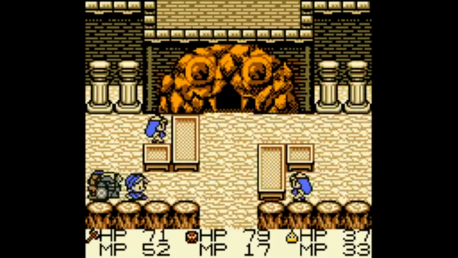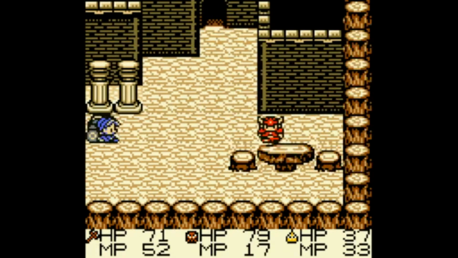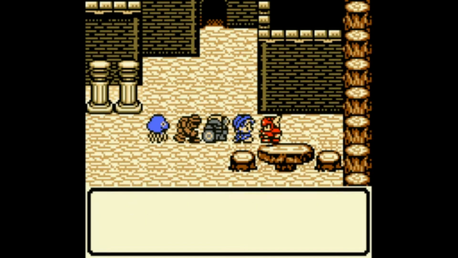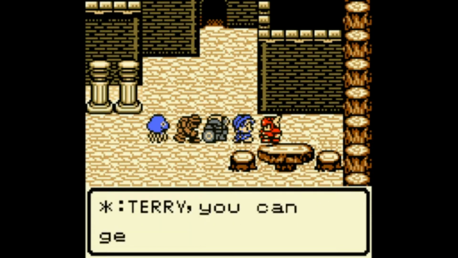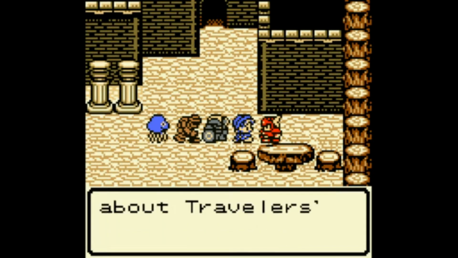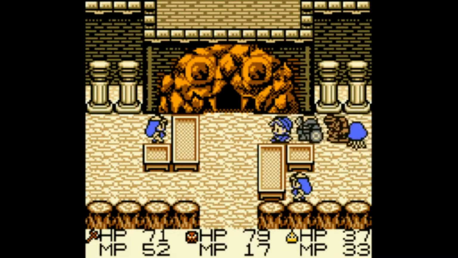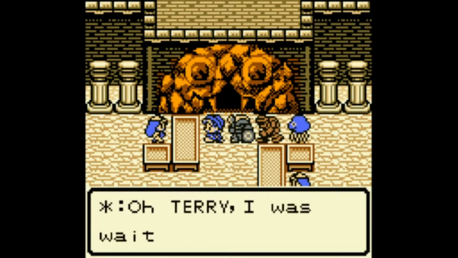Because now, before we actually do, we missed a room. Let's head over here. Hello. My name is Tito. I survived G-Class. Oh, you're in the G-Class too? Good luck. Terry, you can get a lot of information in the arena. You can learn about Traveler's Gates you've never been to. That's true. We're gonna see a bit more of Tito later down the road, but for now...